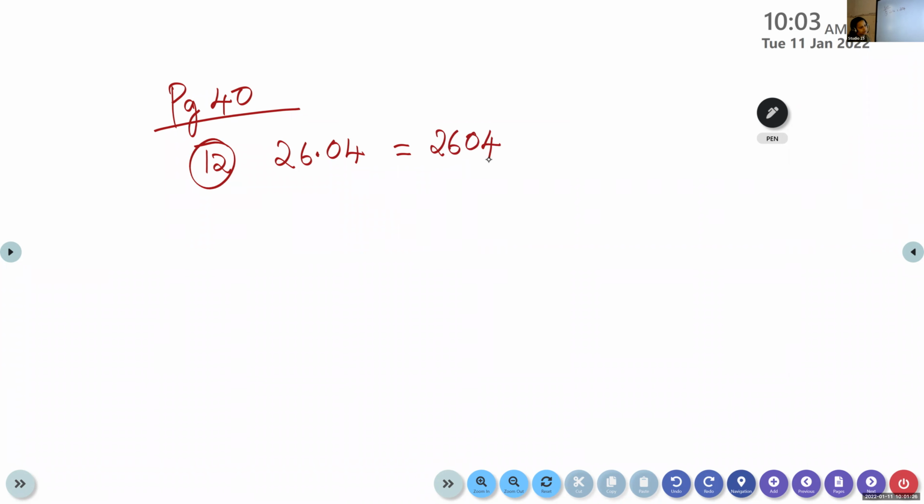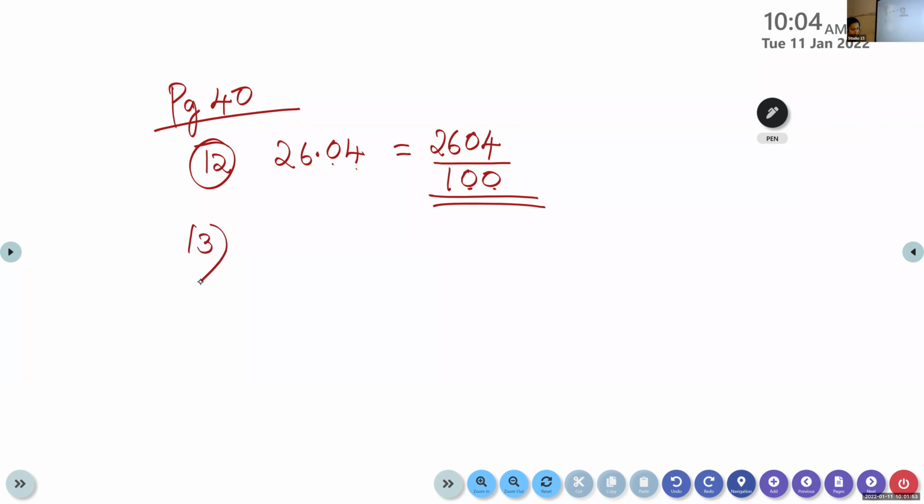Write the number. Navneet, are you here? Write the number without the decimal point, then divided by what? 100. Yes. So children, why 100? Because there are two digits here after the decimal point. So the number of digits should be equal to the number of zeros. So it is divided by 100. Very good. Correct answer.